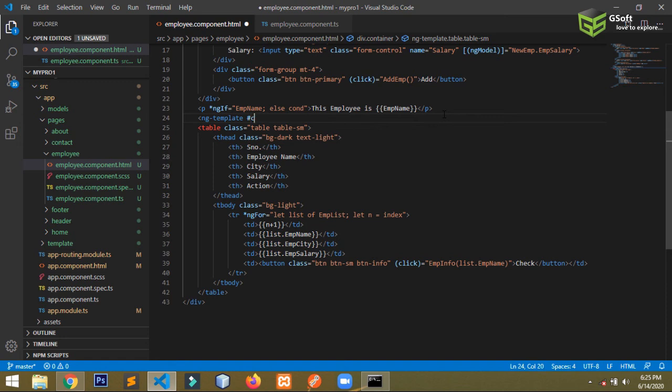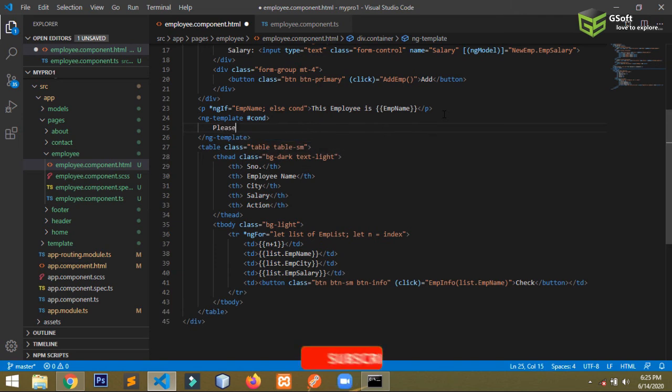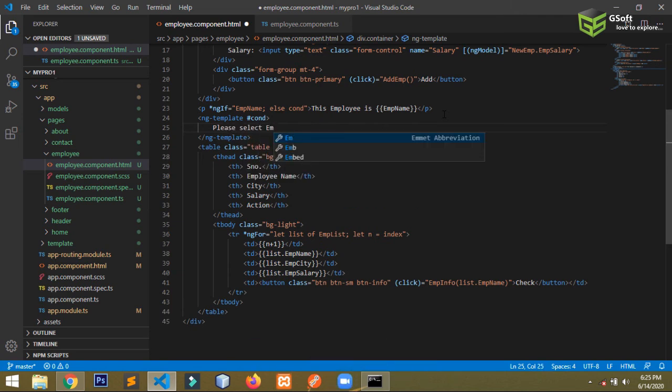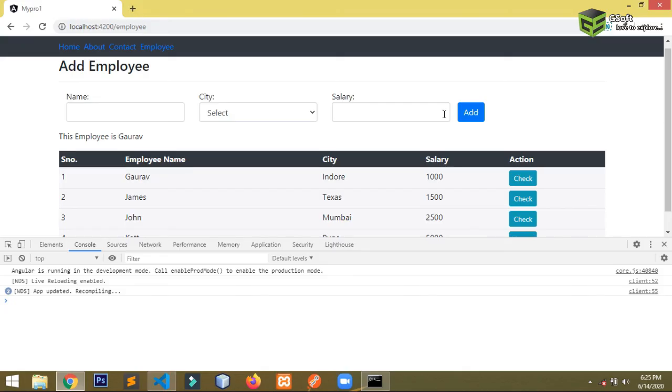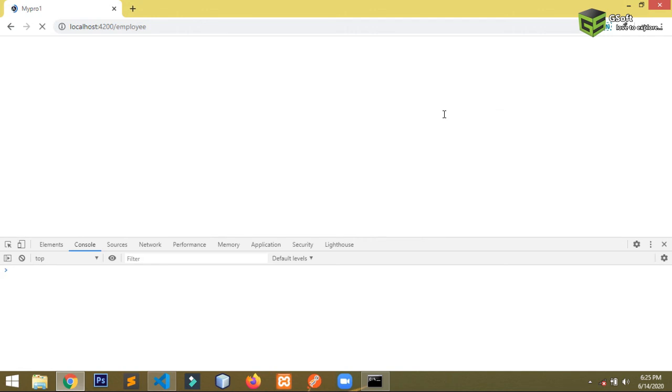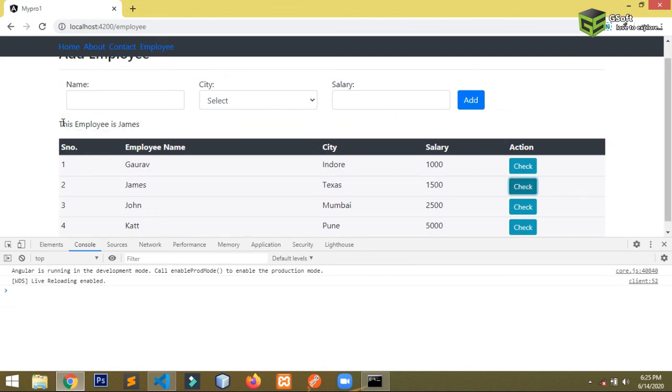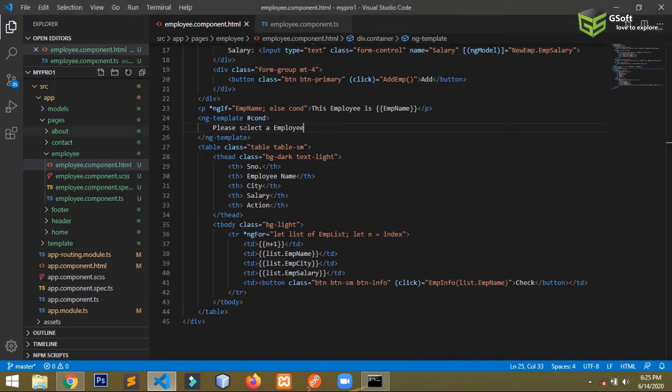Suppose I've given con here, so I will write con, and then in this way please select employee. So in this way you can use else condition also. Please select an employee. You can see here it shows please select an employee. Whenever I click on check button, that disappears and it says this employee is James. So in this way you can use if else condition.